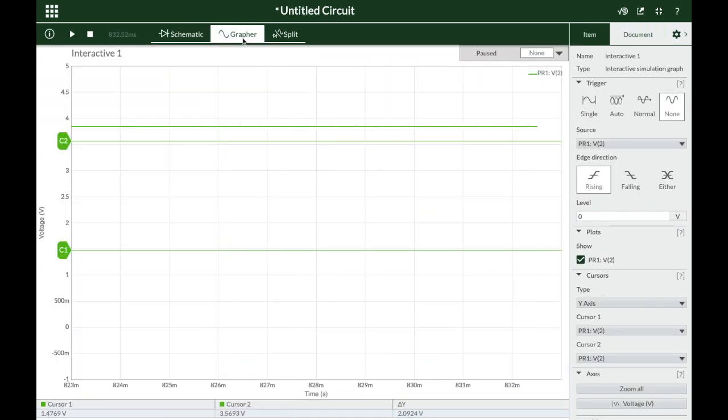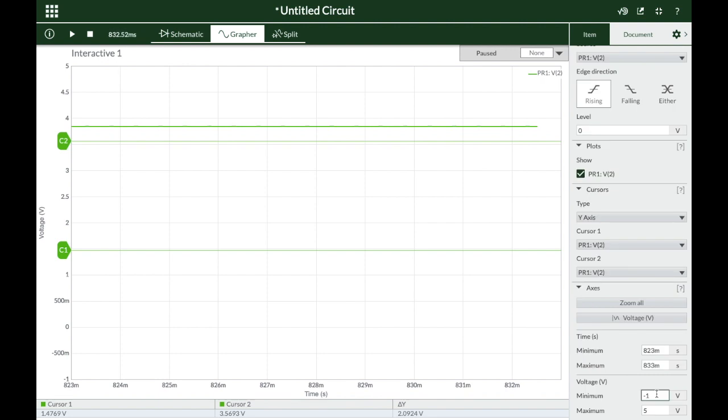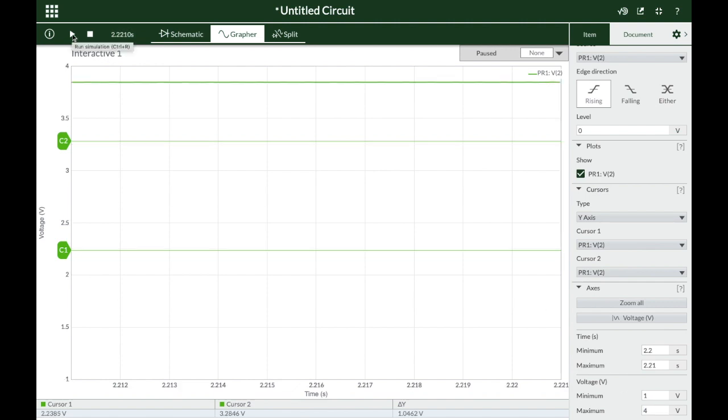Can you see something? Here, this line here is the output voltage. The variation in which we just can't observe because its peak to peak is too small to be observed on this scale of -1 volt to 5 volts. We will have to change the maximum and minimum levels of the voltage. Let us change the maximum value to 4 volts. We can see that we have to raise the minimum voltage level. So let us bring it to 3.5.